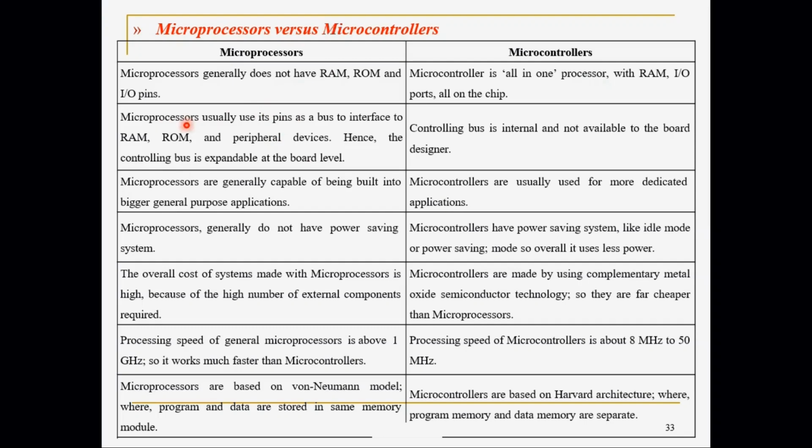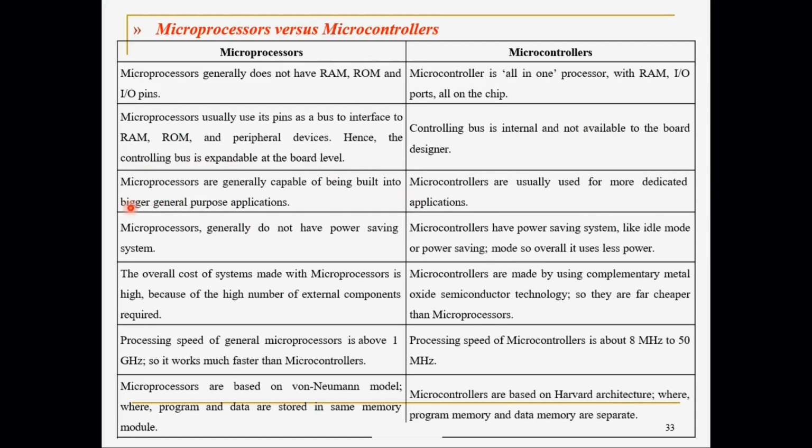There are various input output devices we can connect to the microprocessor, but through interfaces. You might have seen USB. It is an interface. Have you studied interfaces in computer organization? USB is an interface, PCI bus, there are various buses and interfaces. Whereas in a microcontroller, there is no bus to connect external devices. There will be an internal bus. Inside the controller various components are connected through a bus, but to the outside we cannot connect anything to the microcontroller using a bus. Outside devices we have to connect through the pins.